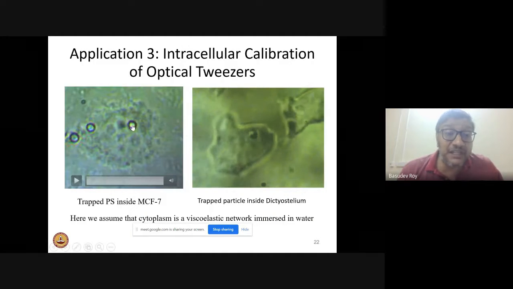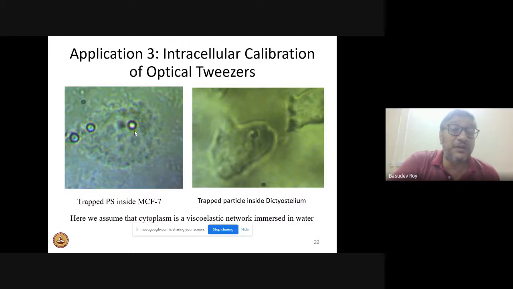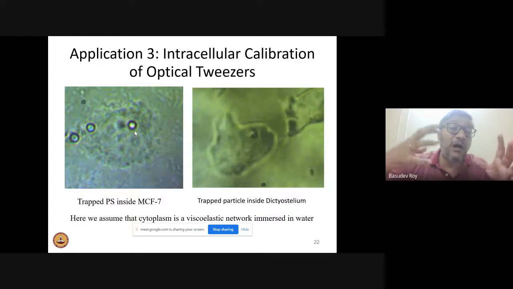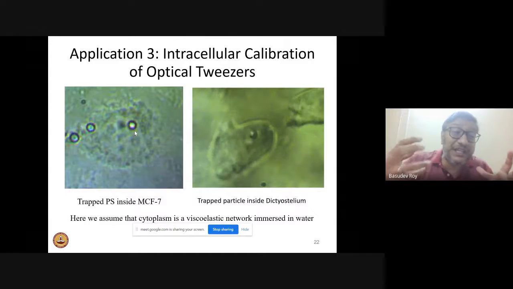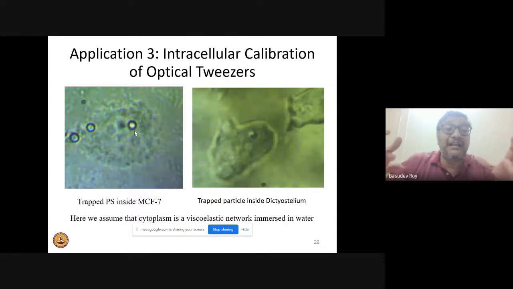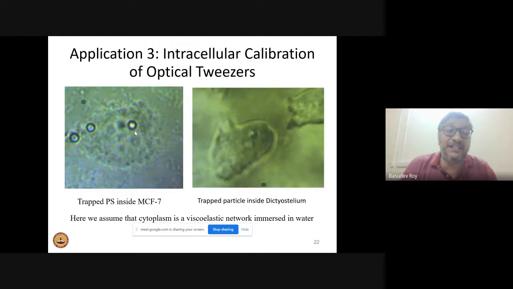So we can study the rheology of these things. It has been a very complicated problem because nobody has so far been able to calibrate the optical tweezers as such inside a cell. That makes it complex to find out the viscosity and all these things inside the cell. So we had a model for this, where we simultaneously find out the parameters for the optical tweezers, the trap stiffness, the